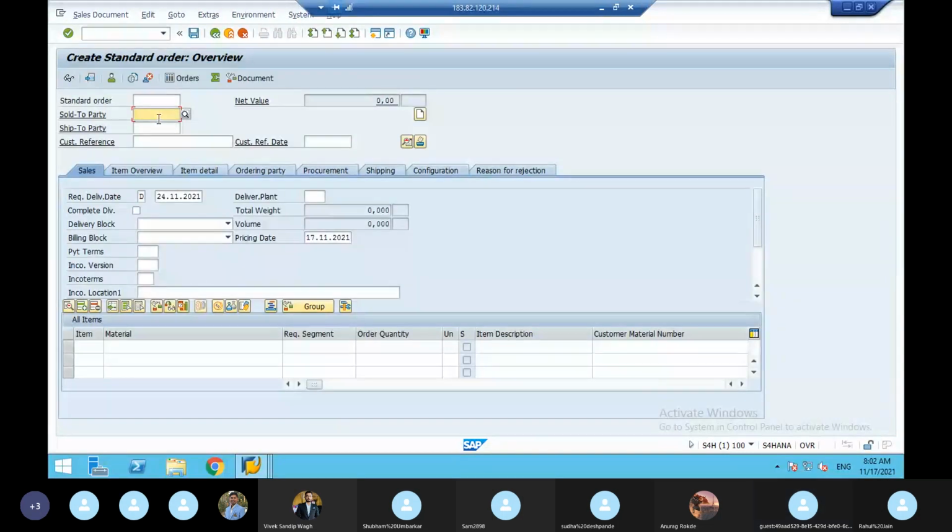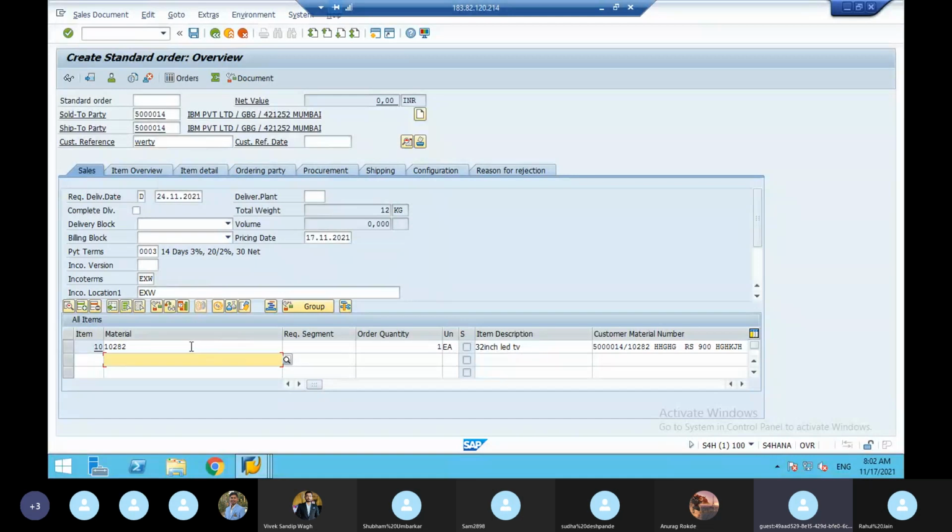So here enter the customer number, PO number, material, quantity, say 1, and press enter.